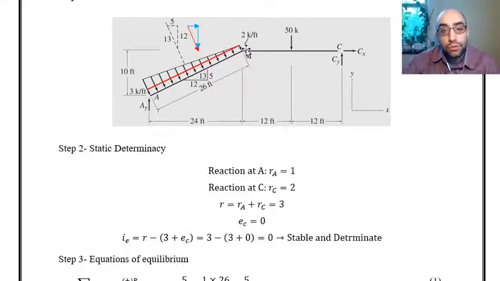So 2 multiplied by 26 will be the amount of force, and then multiplied by 5 over 13, that gives us the horizontal component. This triangle over here, I hope it helps you understand the meaning of horizontal and vertical component